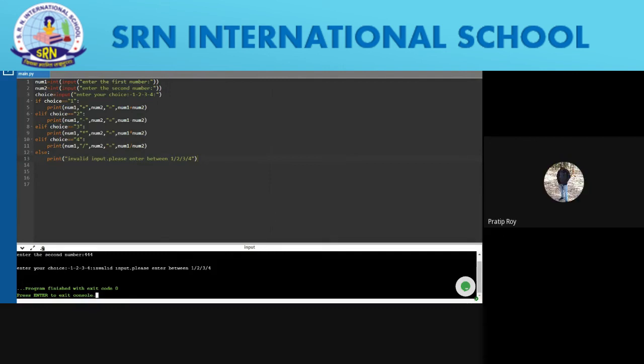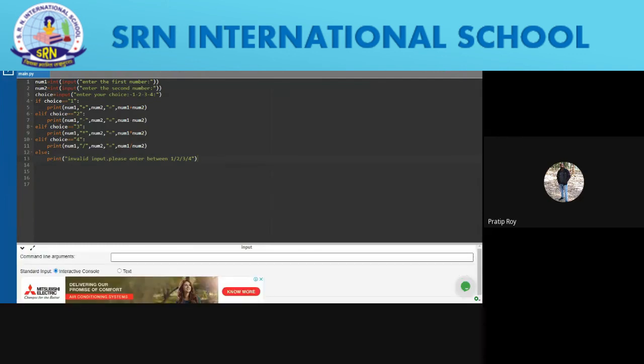What data type? You don't have to use any data type here. After choice, we are using just a string. 1, 2, 3, for all the numbers which you are writing, we are using them as a string. Instead of 1, 2, 3, 4, we can use some symbols or any other thing. That doesn't matter. So here we are using 1, 2, 3, 4, but we are using them as a string.